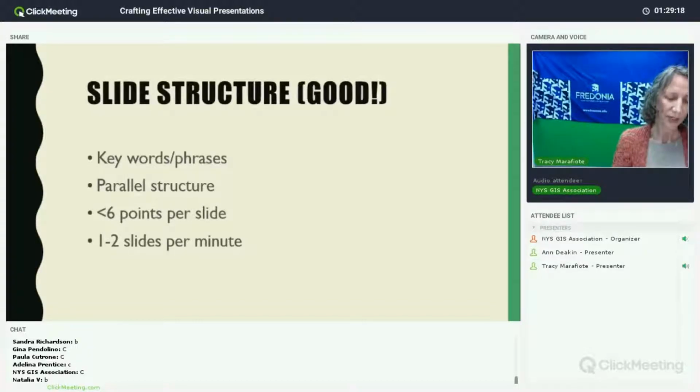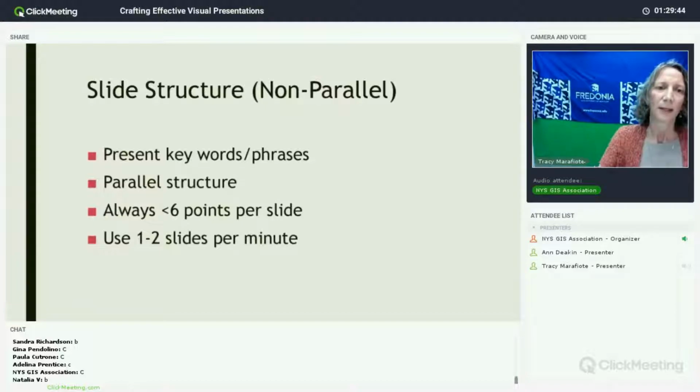You want to avoid wordiness on your slides. As it says here, you want to use your keywords or your phrases only. Fill in the rest verbally. You want to write out your information in bullet point form, not in complete sentences that contain every detail. You can fill in those details in the words that you are saying. You also want to make sure that you're creating your bullet points in a parallel structure. So what does that mean? This is an example of non-parallel structure.